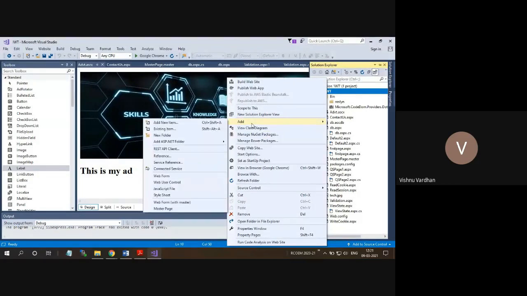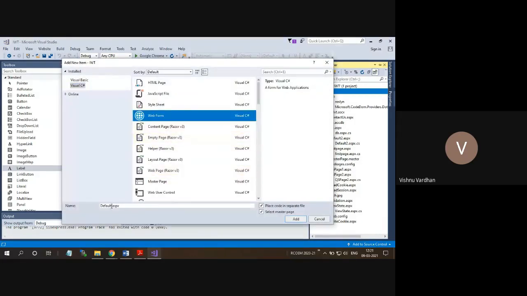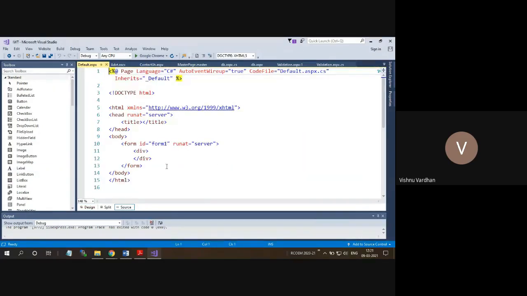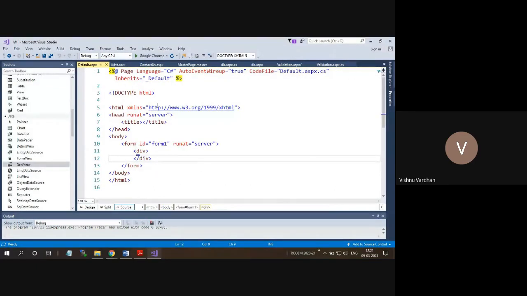So by going add new item, I am going to create one web form with any name actually. So let's keep this as default itself. Okay, so that can be any name. I am simply unselecting this master page and clicking add. So this is the page which is going to be created for me, and you can see, except some form ID, run at server, all these are actually nothing but the HTML markers, and the starting directive is called as page directive.